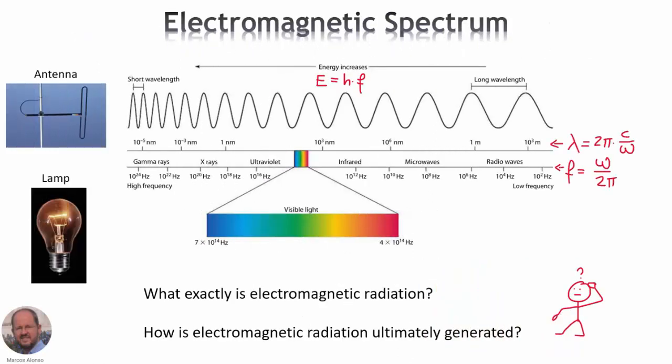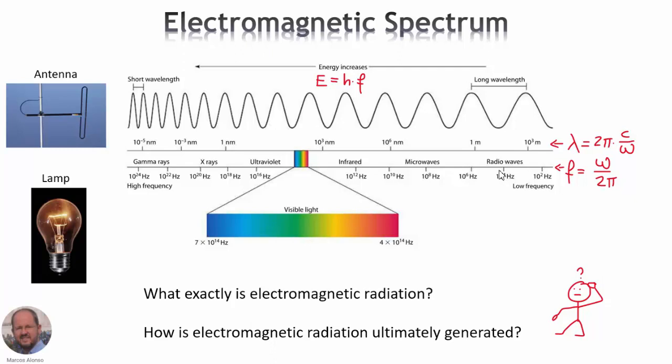We all know and have heard about electromagnetic radiation. The electromagnetic radiation is emitted in the form of waves, as we know, and these waves are characterized by two main parameters. One is the wavelength, lambda, of the wave, usually measured in meters, and the other one is the frequency, measured in hertz. So if we go from low frequency to high frequencies, then we will have at low